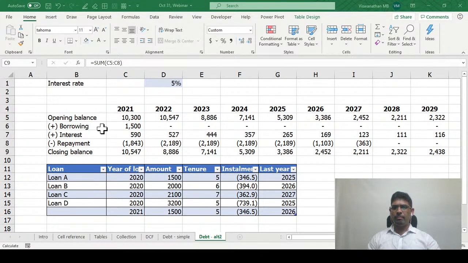So here I have a very similar thing that I have built out. Opening balance, amount borrowed, repaid, interest rate, using the SUMIFS function. Of course, I've used slightly more complicated mathematics here because the interest rates are changing. But in this approach, what you notice is, if I add one more year and one more loan,